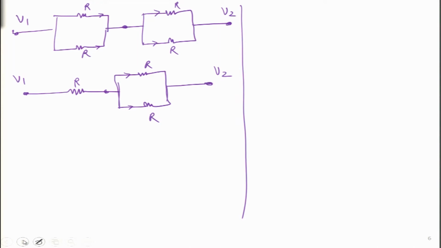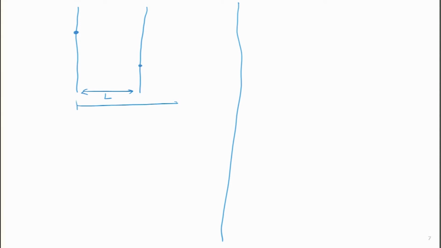Now I will start from a fresh slide. Now let us try and see that if I want to do the thermal analogy for this, what kind of values will I get. So we will go back to our favorite problem, that heat transfer is taking place through this plane wall. The length of the wall is L. I have a higher temperature on the left side, lower temperature on the right side. I will define the x-axis as well.